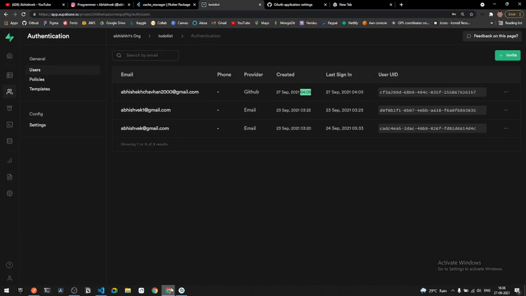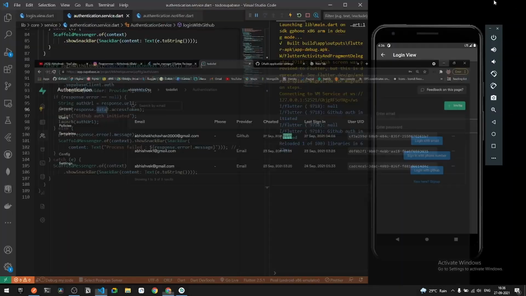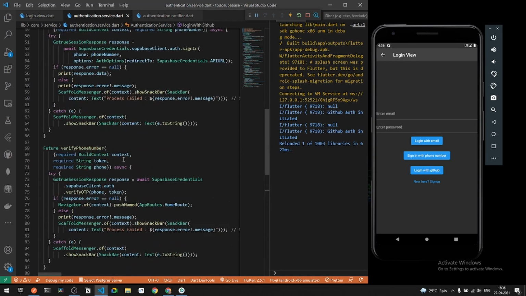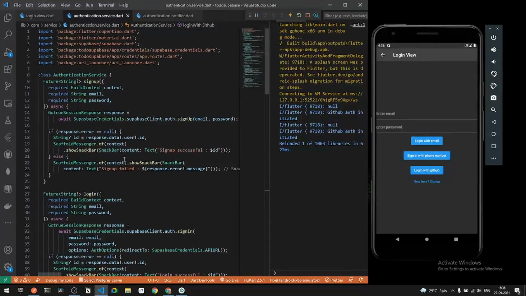We have executed GitHub authentication under our entire application. Now you can see we are not getting any error. That means GitHub authentication is successfully working. But as per future versions of Supabase and Flutter, this bug might get solved. That is, we will be getting some data that we are not getting now, and we won't have to use the URL launcher on our own. So I hope you have loved this tutorial and you have learned something new about how to add your own logic and make things work.